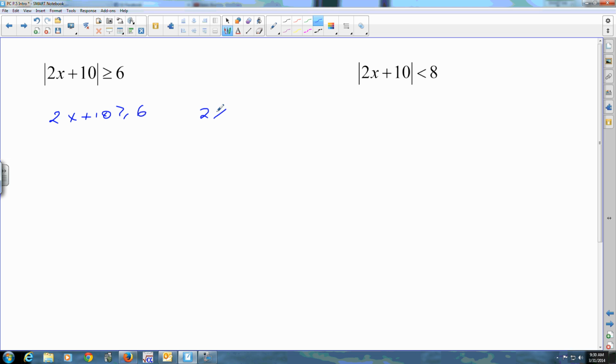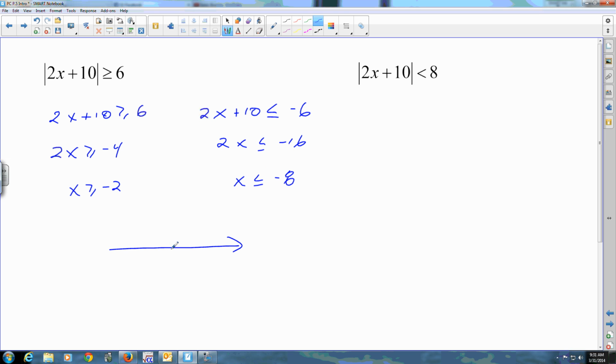And when you take, so you assumed it was positive, you just took the bars off. Second time, you're assuming what's in there was negative, and you're going to move the negative to the other side. So remember, the inequality has to turn around. So subtract the 10, divide by 2, subtract the 10, divide by 2,